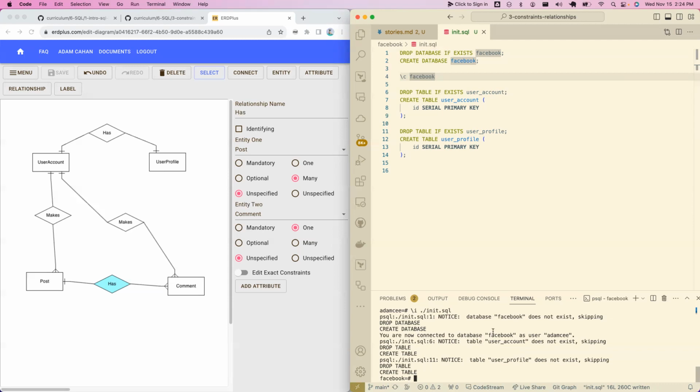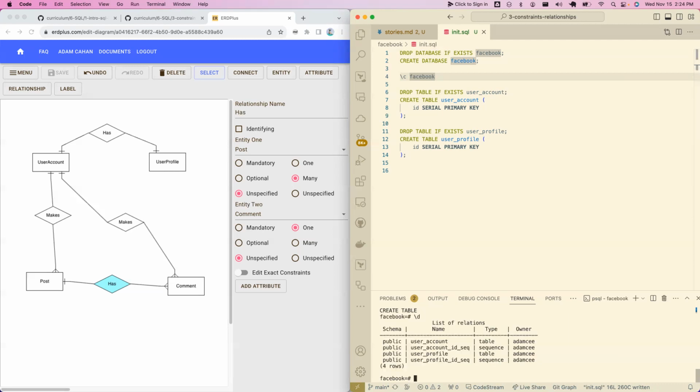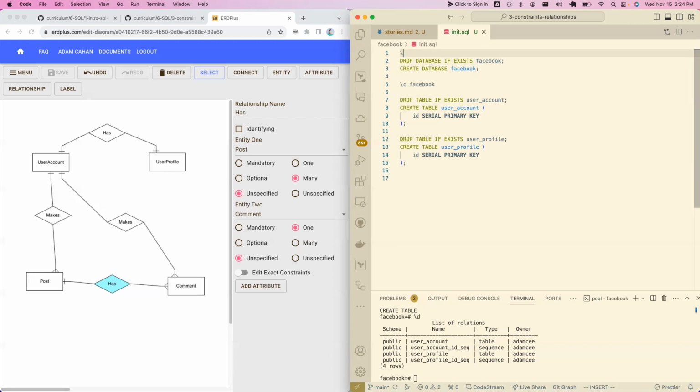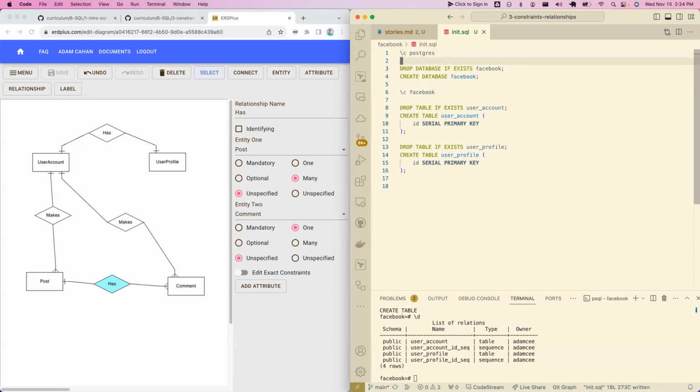So this looks good because these notices just tell me this stuff doesn't exist. I've created these tables. I've connected to my Facebook database. So now I'm good to go. In fact, what I'm going to do to go one step further is I'm just going to connect to the default Postgres database every time I run this script, because when I'm connected to the Facebook database,